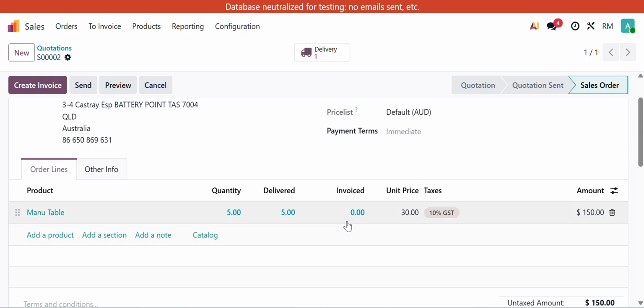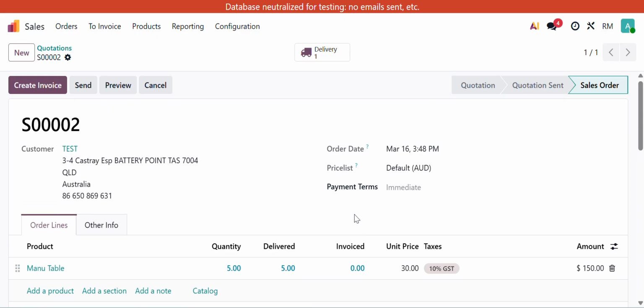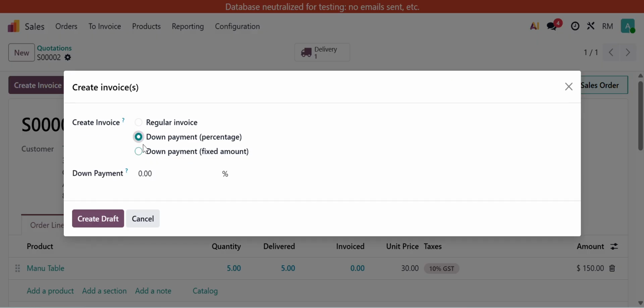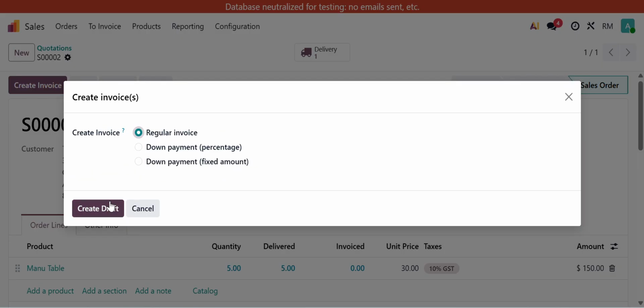Now it's time to create an invoice to our customer. For the invoice, we have a smart button here to create invoice. Just click on the create invoice button. That's the regular invoice. If you want to create a down payment, you can create a down payment as well. And then we have a down payment with a fixed amount. You can also create that. So right now I'm just creating a regular invoice, okay,